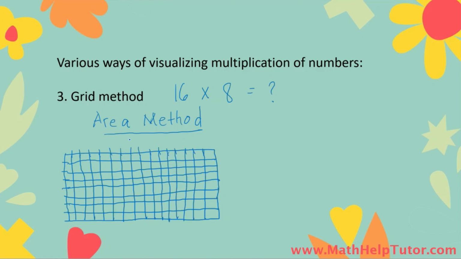So this is a rectangle that we created which has a length of 16 squares and a height of 8 squares. After that, when using the area method, we count the number of squares inside this rectangle, which is going to give us the area of this rectangle, which is also the answer to the question, what is 16 times 8? So counting the squares, we have 1, 2, 3, 4, 5, 6, 7, 8, 9, 10, 11, 12,